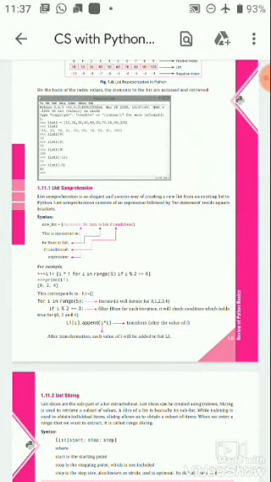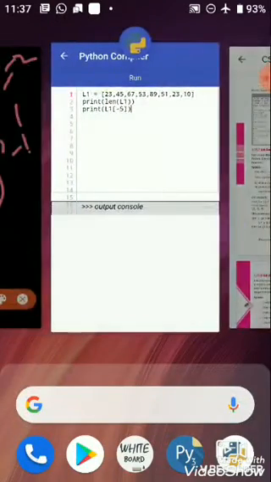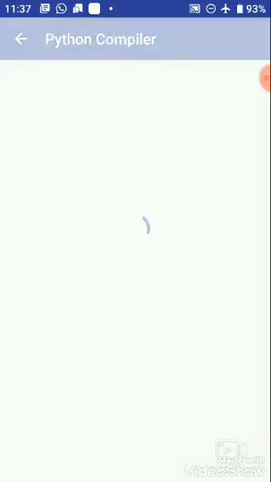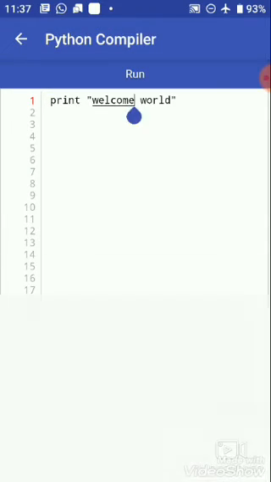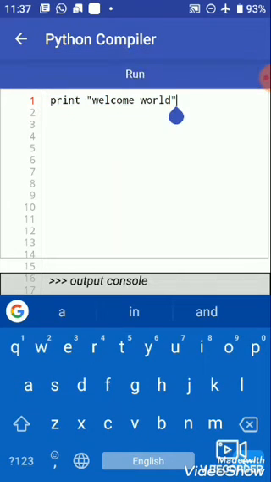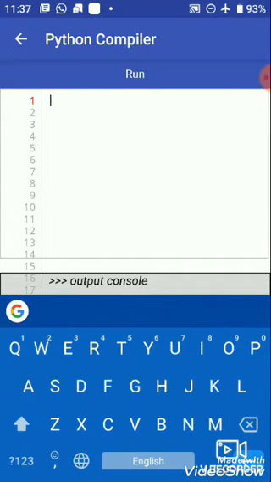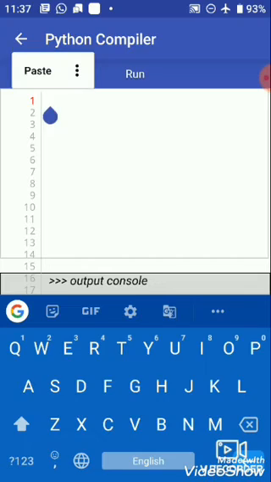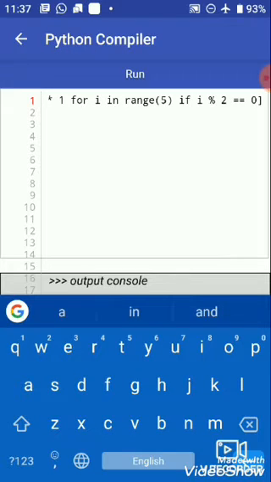So copying this and pasting it into our compiler, here list L1 equals i * 1 for i in range(5) if i % 2 == 0.